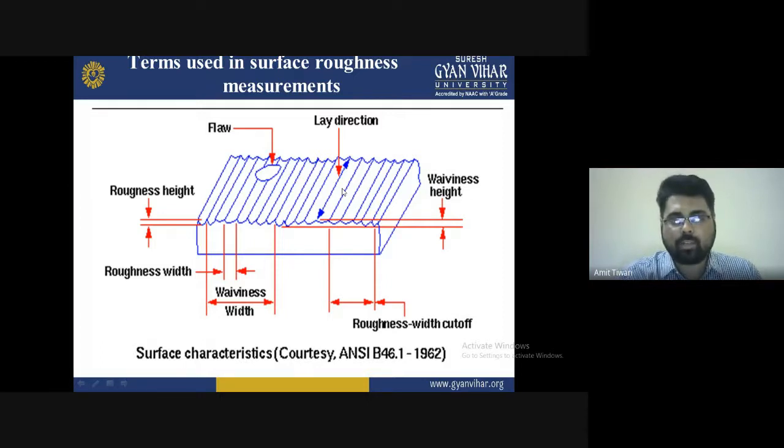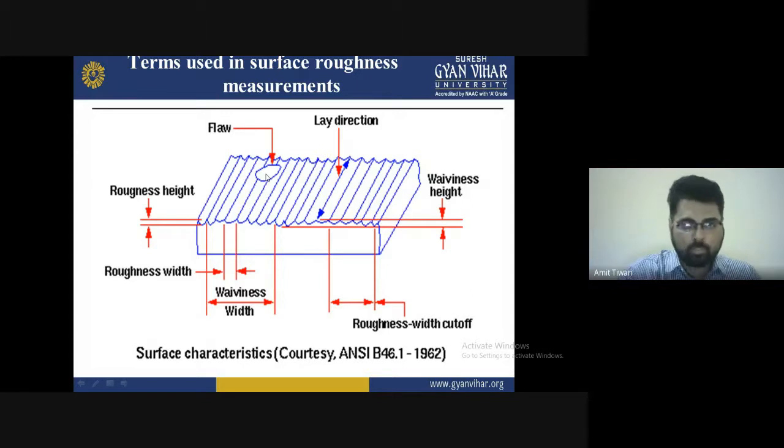If the roughness measurement is not good, or if you do not understand the terms used for roughness, then you do not understand the surface quality, how to measure it, or how to obtain it. It will not match the structure we provide. As you see in this diagram, some defects are found on the surface, which are not a considerable part.